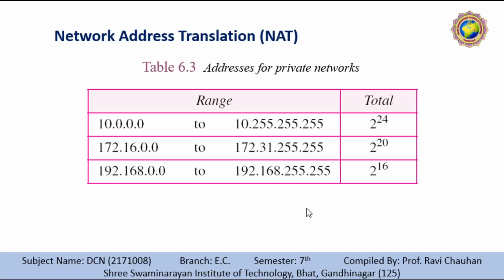The number of homes, users and small businesses that want to use the internet is ever increasing. In the beginning, a user was connected to the internet with a dial-up line, which means that he or she was connected for a specific period of time. An ISP with a block of addresses could dynamically assign an address to its user. An address was given to a user when it was needed, but the situation is different today.